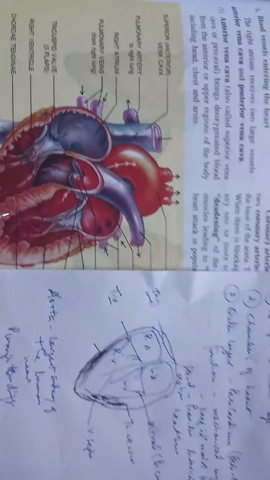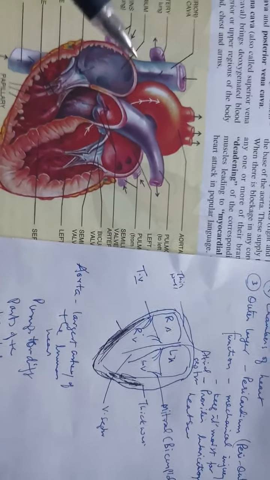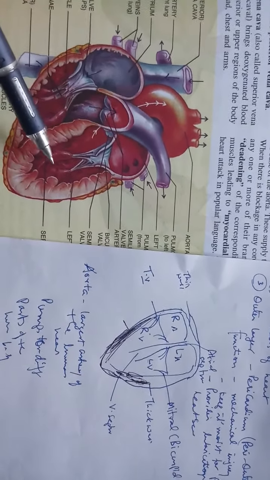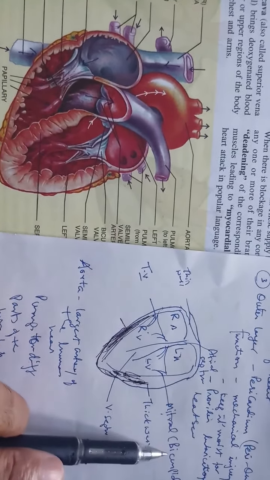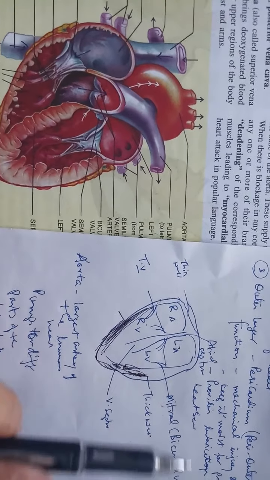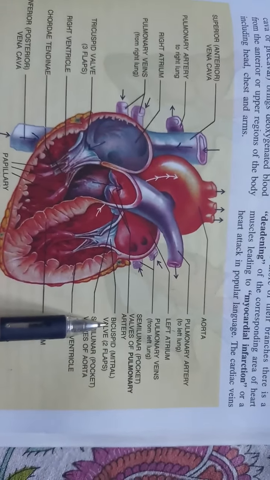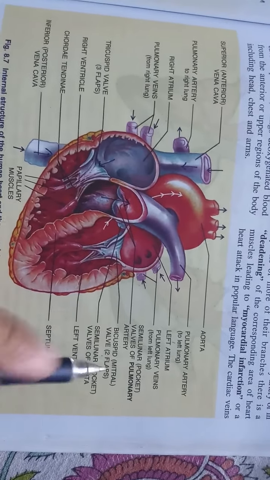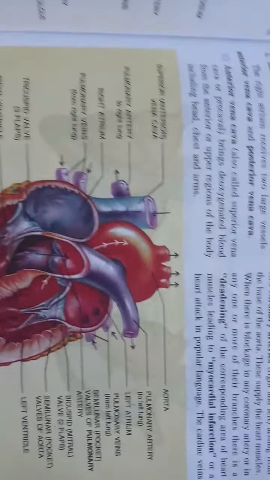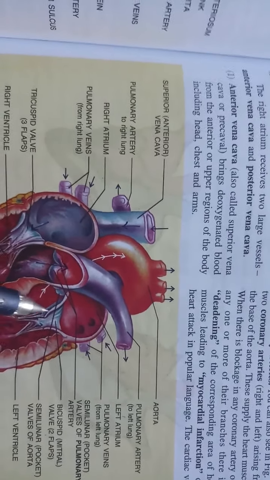If you look at the other side, on the left side, again, it is between the left atrium and left ventricle, and that is what we call mitral valve or bicuspid valve, right? Mitral valve or bicuspid valve. You can look at here. The other name for bicuspid valve is mitral valve. It has two flaps, right? You can look at this diagram here, and I'll try to give a better picture of this as well, so you can have some idea.